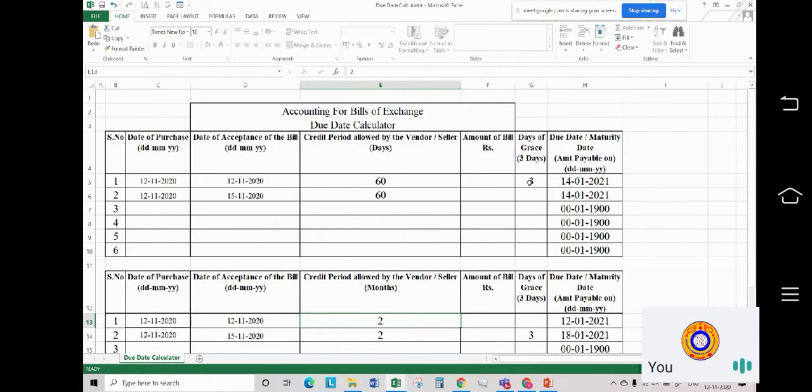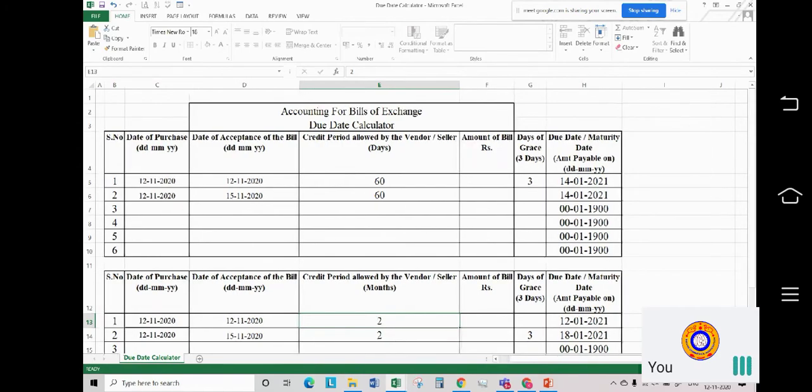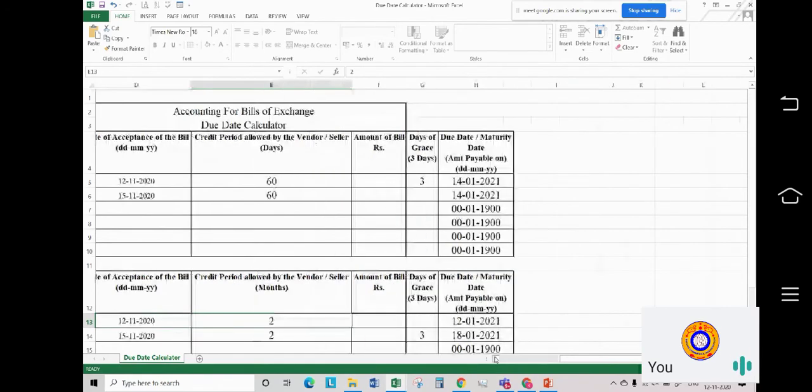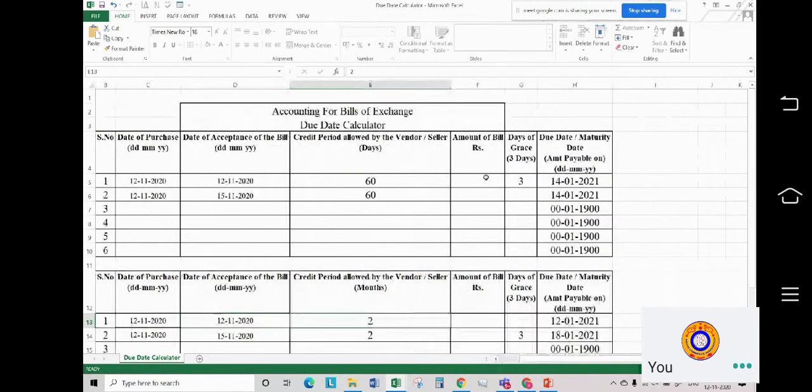And one more thing is that this particular cell, you can't key in it or touch it because it's a formula that has been frozen. Similarly, this particular column, that is the L column, is also frozen. The student is not interested to disclose the formula to everyone. Only he has disclosed it to the concerned teacher, and I have shared the formula for your reference, sir. You can just check it up. Here it's a normal addition formula.